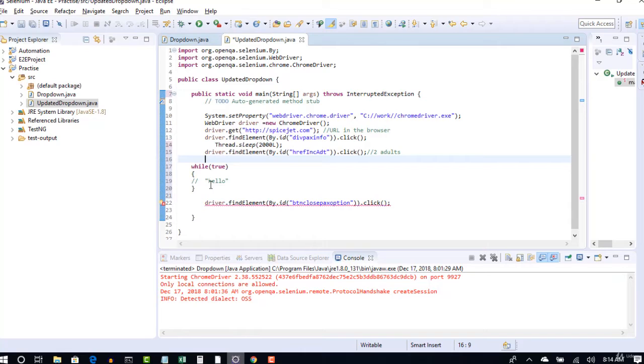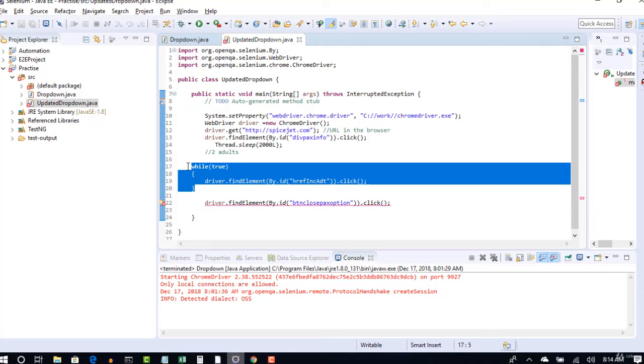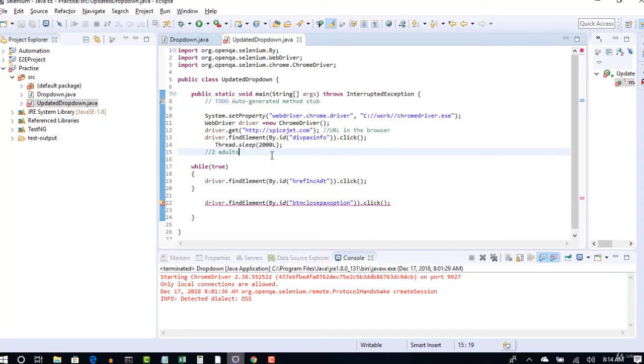So let's write a while loop for this. First of all, step 1, I'll cut it here and place it here. For now it will click on this plus icon infinite times, which is not good.